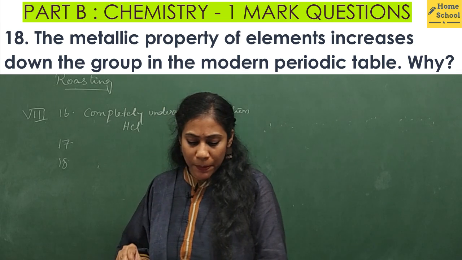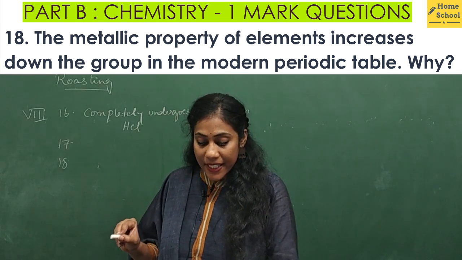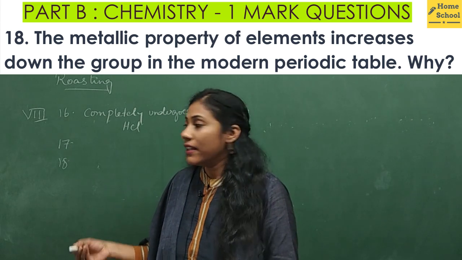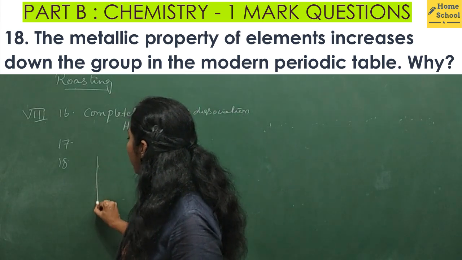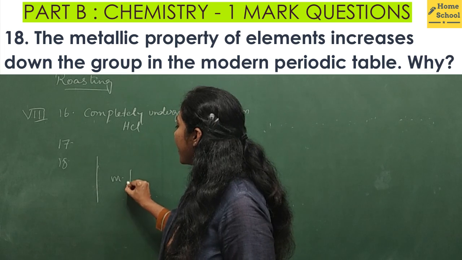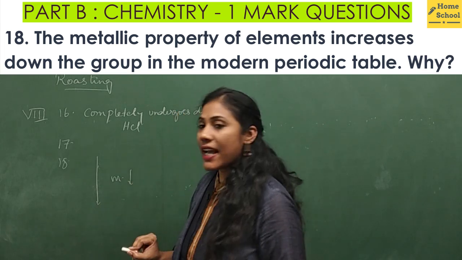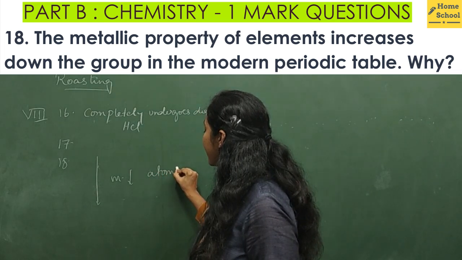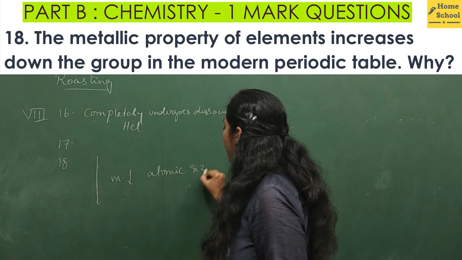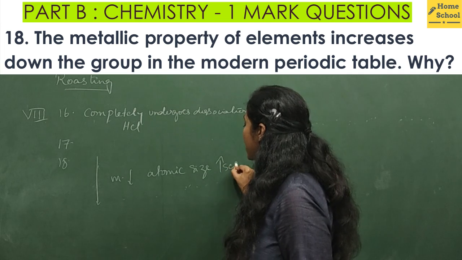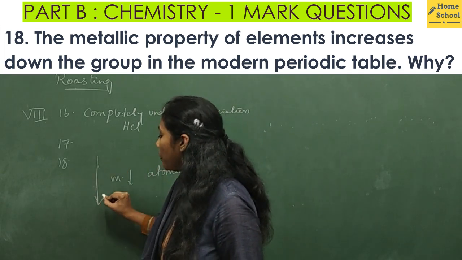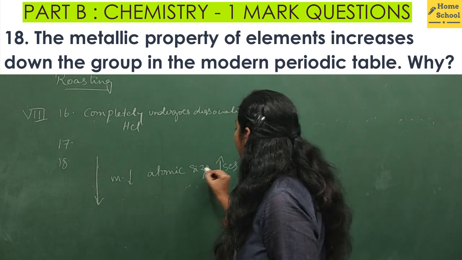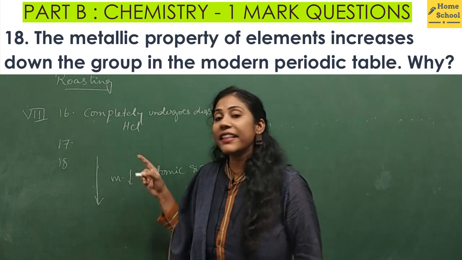The metallic property of elements increases down the group in a modern periodic table. Why? From top to bottom, metallic character decreases. Why are they asking this? It is because atomic size increases. Atomic size increases when you go from top to bottom, because we know the concept that atomic size is directly